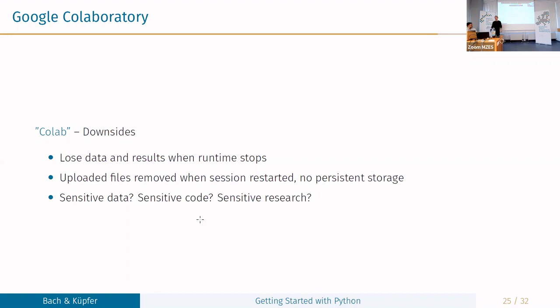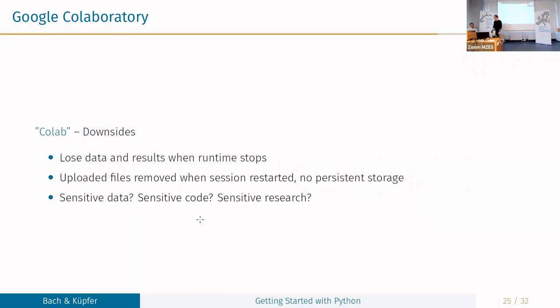If you have code that runs for days and you don't write it out, just be aware that this is an issue. And uploaded files, for example from your Google Drive, will be removed when your session is restarted. There's no persistent storage. If you want to write out stuff, as I mentioned, you need to write it out to your Google Drive, for example.